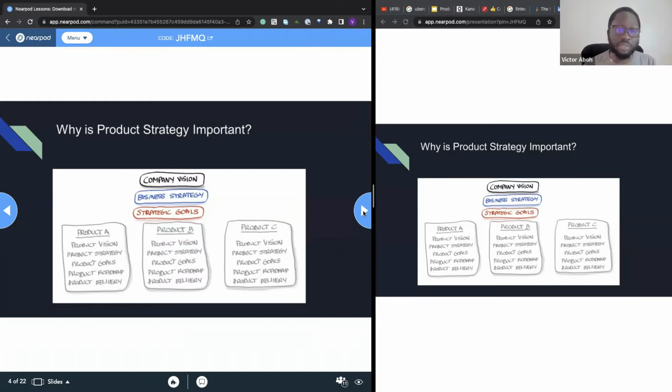So if you think about Google, Apple, Netflix, some of these companies, they will have 20, 30, even more product lines. And each of those product lines will take their bit of the strategic goal and create a product vision for that, create a product strategy that derives from the vision, and that maps down to goals, roadmaps, and then the actual delivery of the roadmap. And so your product strategy is never created in a vacuum, right? You should never just sit and say, hey, we need to have product strategy, and just go in a room and start figuring it out. Everything has to derive from company goals.